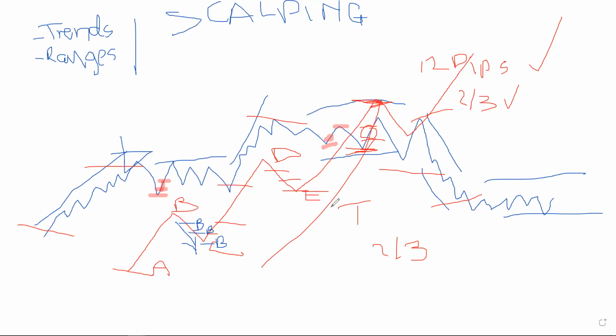On a ranging market, you only wait when you're sure. For example, if you're going to do a sell, a ranging market goes up and then goes down, and then goes up and then goes down. You don't start trading there until you've confirmed that it's ranging. So this point 1,